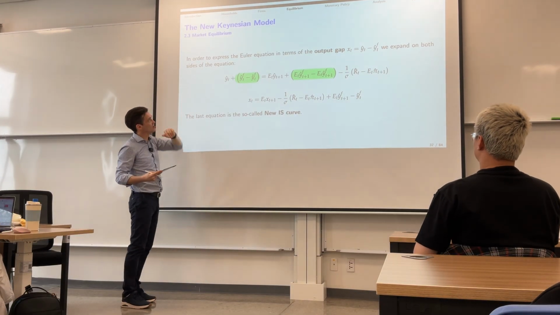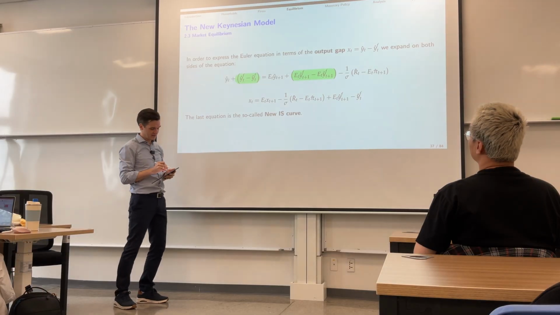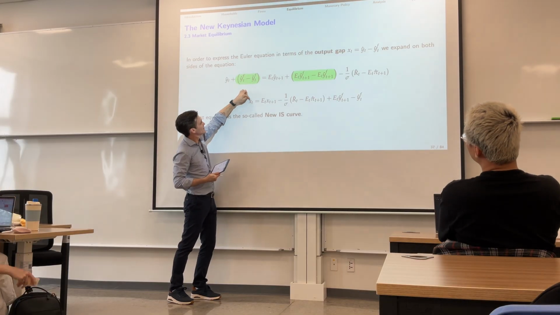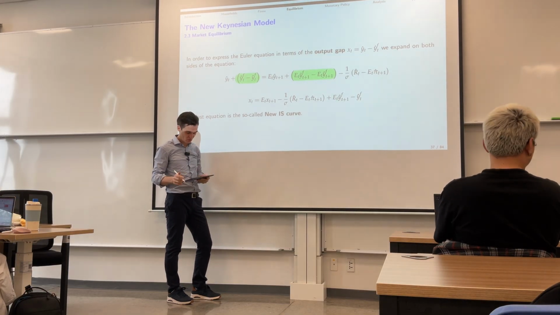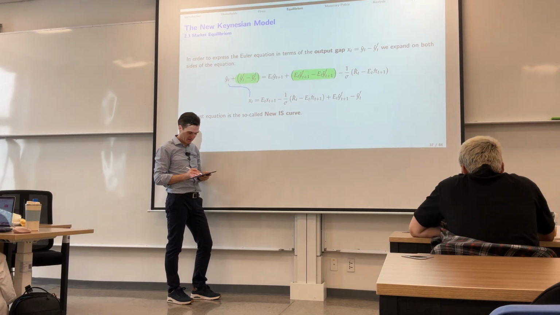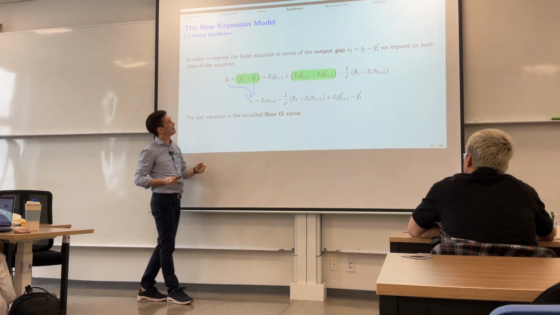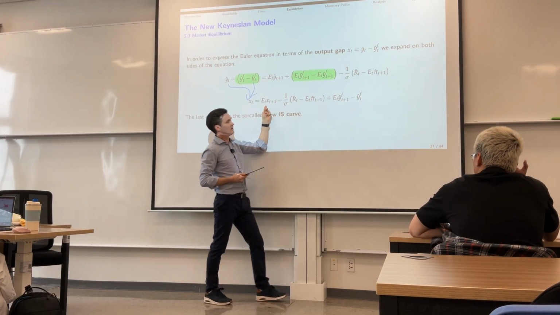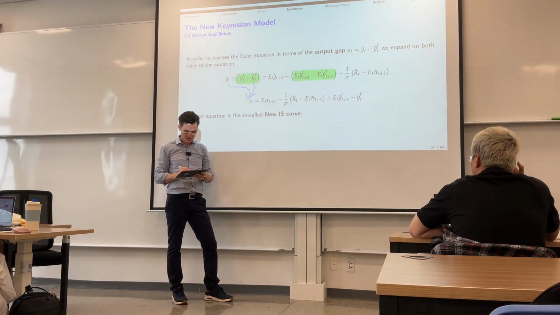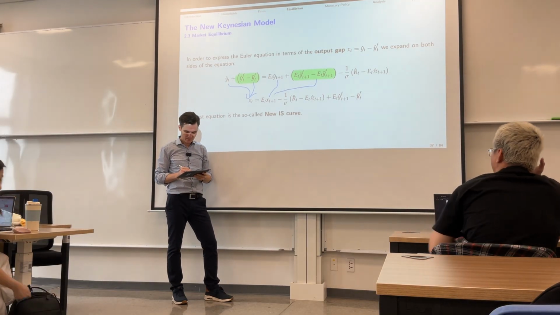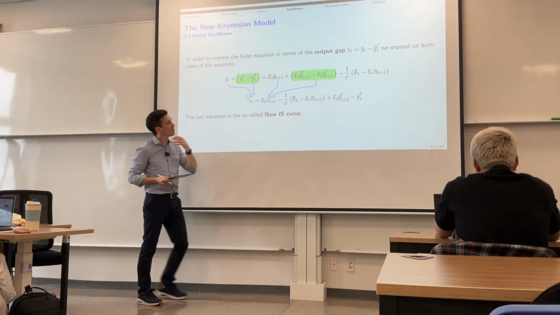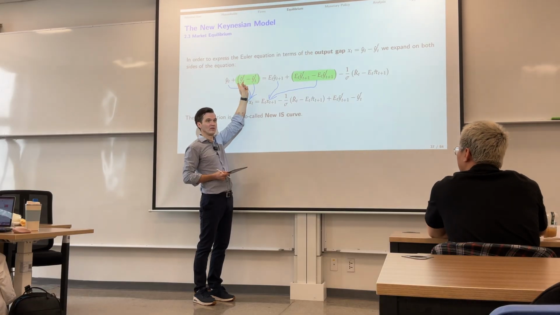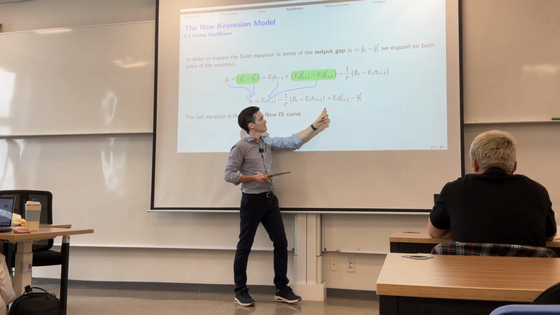And now comes a little bit of magic, because now you can see, oh, wait a second, there's a friend here looking our way, right? There's yt minus yf. Well, that's exactly the definition of the output gap. So, this minus this is going to be exactly xt. And then this minus that is xt plus 1. And we have our real interest rate term. But then of course we must not forget that there's somebody over here that we haven't used yet, and then there's somebody here. So I'll just write down